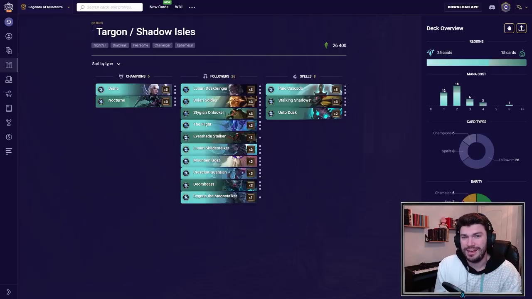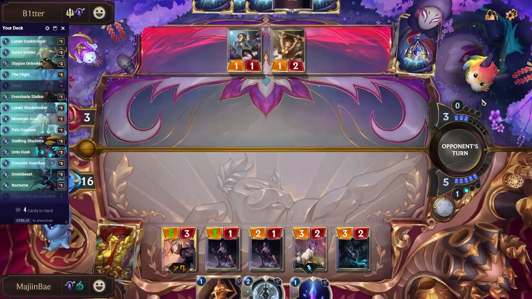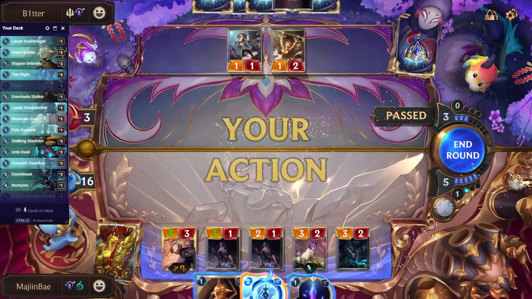Try not to play this deck as aggressively as you think you should. It's not a combo deck, but it does have combo-ish feeling finishes with things like Nocturne and Cygnus. The deck does have a fair bit of reach with all the Doombeast. Don't be afraid to play it a little slower than you think, going balls to the wall and throwing...